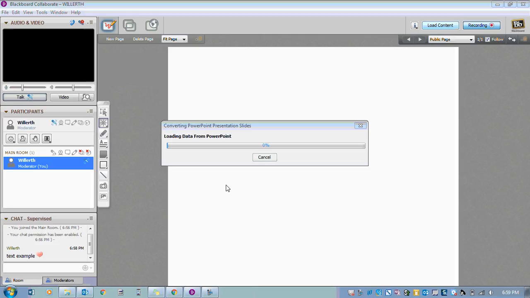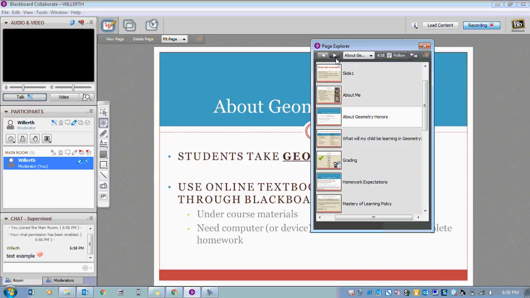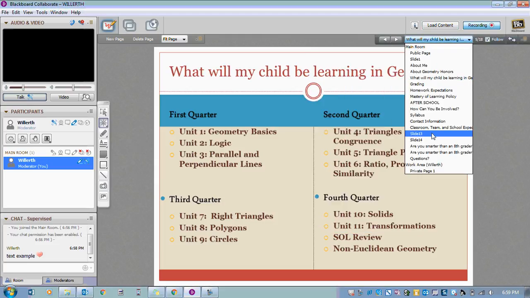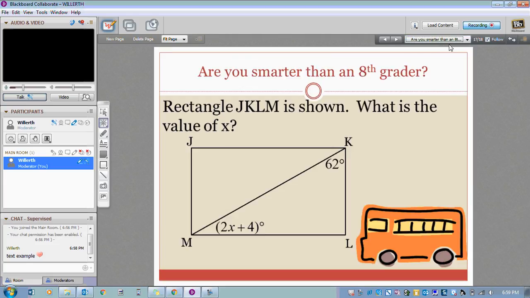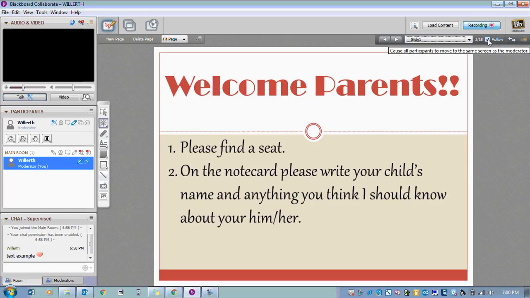It should be coming up for everyone to see. You'll see all the slides are processing right now. All right, so right now everyone can see I do have the slides that I can go through. I can also X this out, and they'll be up here as a drop-down menu, and I can choose what slide to show because the follow me is clicked. If I unclick the follow me, students can go through at their own pace